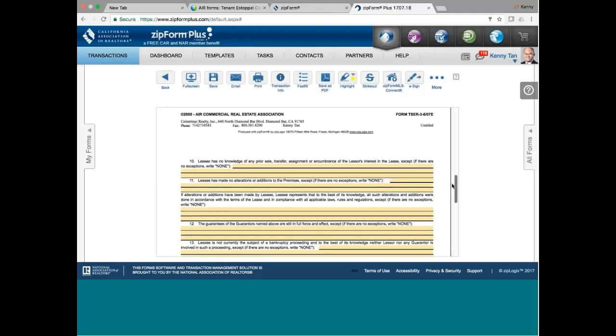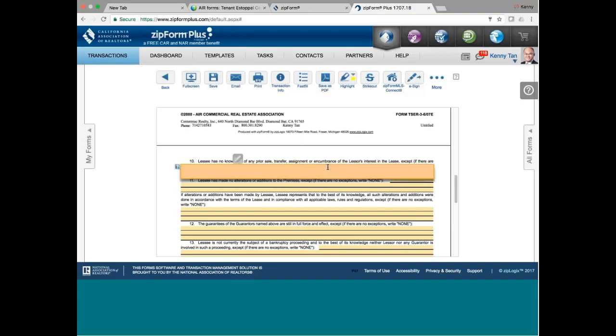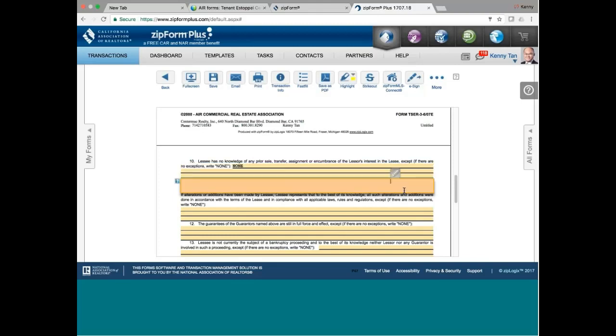Number 10. Lessee has no knowledge of any prior sale, transfer, assignment, or encumbrance of the lessor's interest. Now, this is basically to make the buyer feel comfortable that the seller has not sold the interest or encumbered the property such that this encumbrance will become the buyer's liability. So as a buyer, I want to see the word none over here. Okay, if it's not none, then I want to know what it is. Okay,